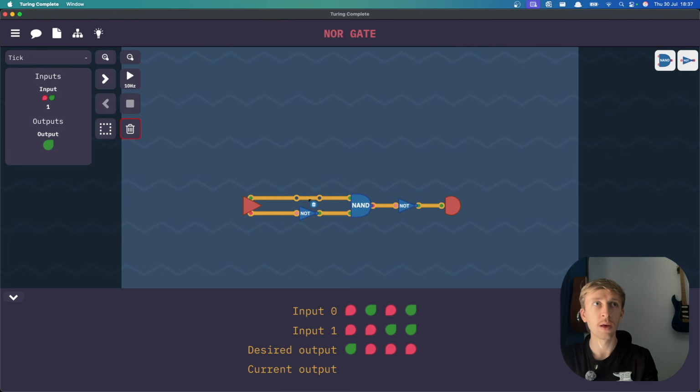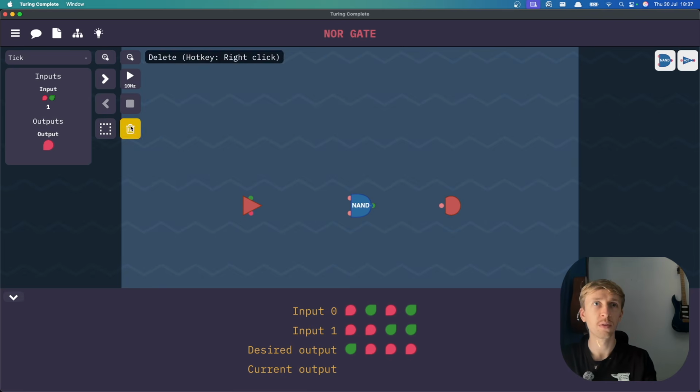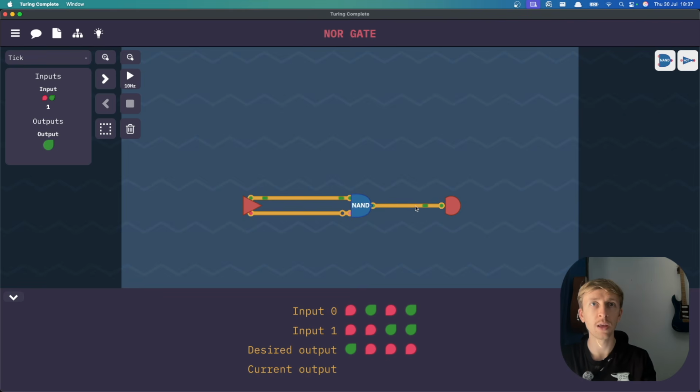Okay, right, so what are we getting? We only get a desired output when we get two zeros. Right, so effectively, we get a 1 if we pass through two zeros. So what do we get when we just pass through the NAND? What do we get when we just pass through the NAND? So, right, we're getting a green, but there, yeah, okay, right. So what we need is possibly,